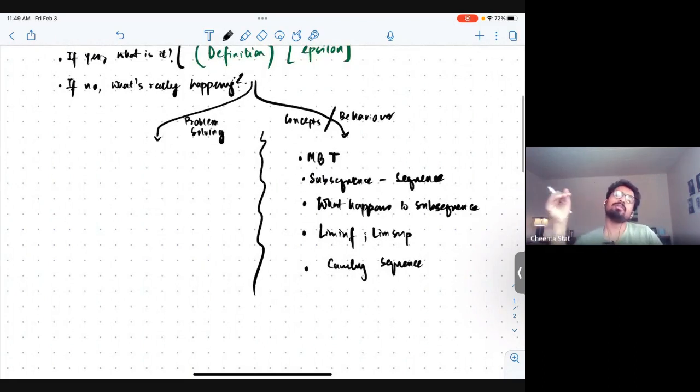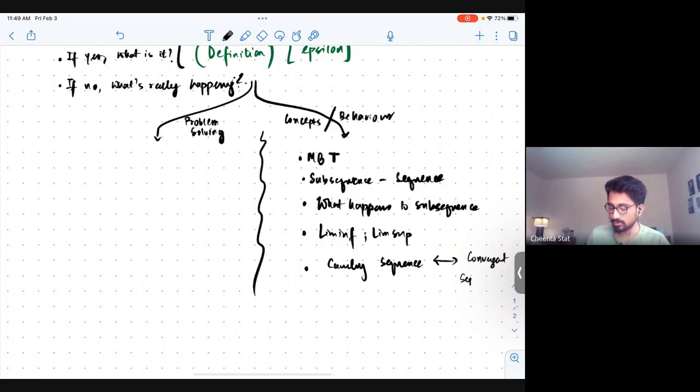But often what happens is that we may not know the limit. Then how do we show the convergence of a sequence? So we'll see that Cauchy sequence and convergent sequence are very similar. It's an interchangeable definition in R. This is a very interesting idea: understanding why a limit exists or not.